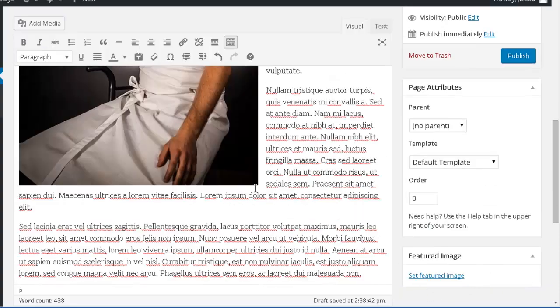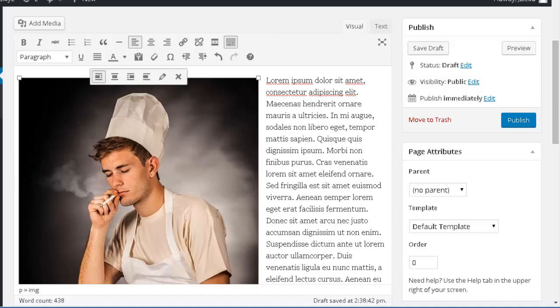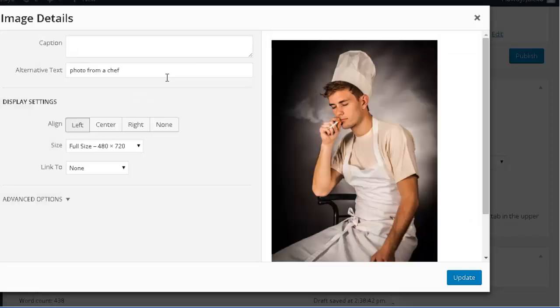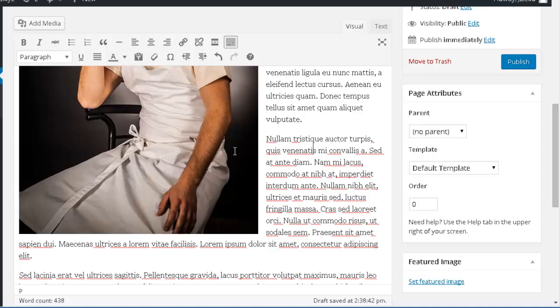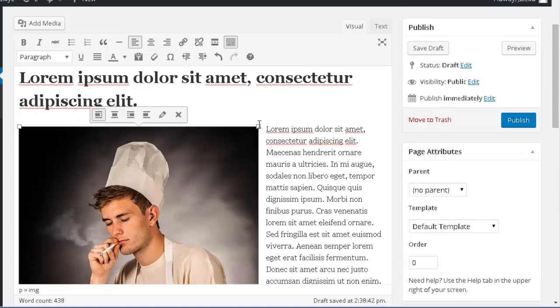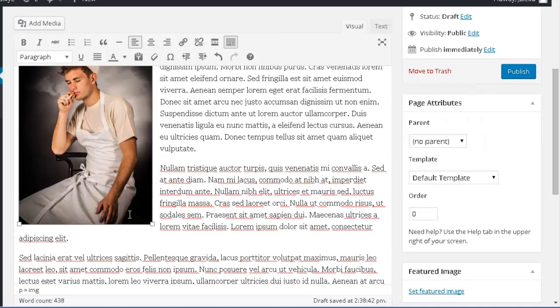But what you can do to reduce the image size is once you select your image, you can see that first you got several options which allow you to align to the right, center, and so on. And you can also press edit once again if you want to configure one of the options which you saw previously. But in this case, what I'm going to do is just reduce the size. So I'm going to select, and once I select the image, you can see that I get some small little squares on the corners of my image. What I do is I click on it, and I just do this and reduce the size of my image,